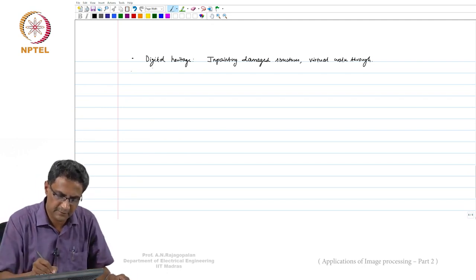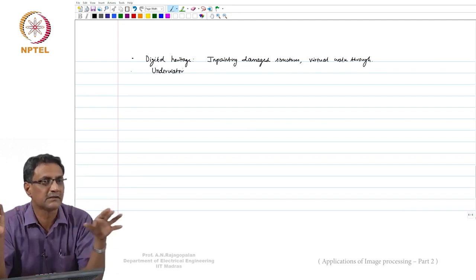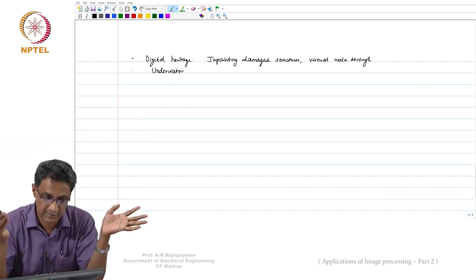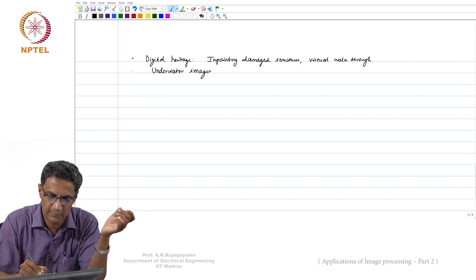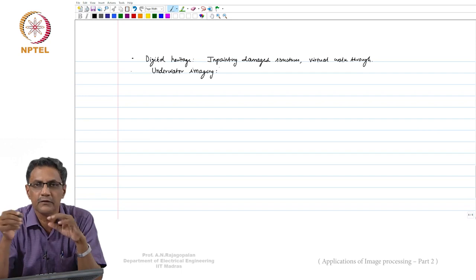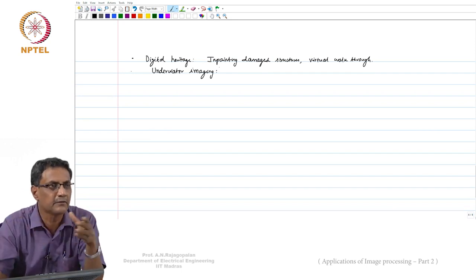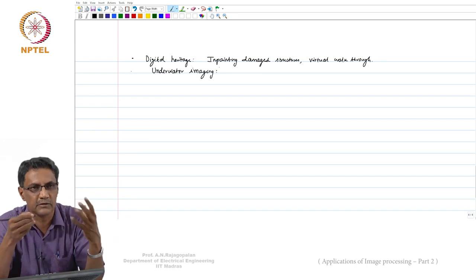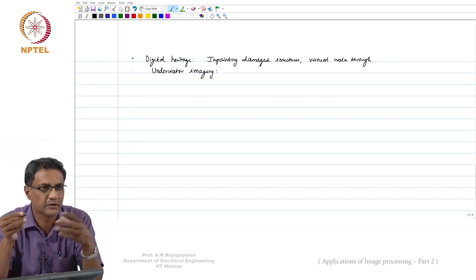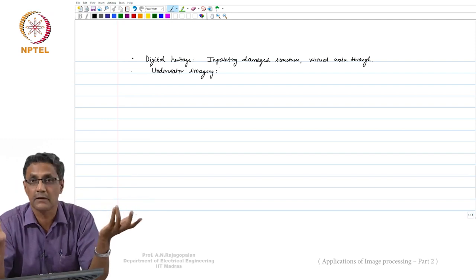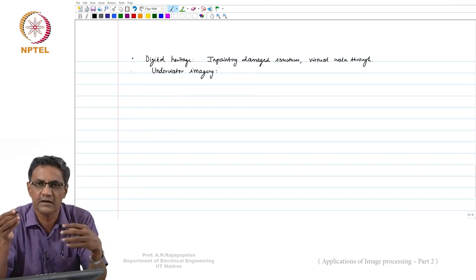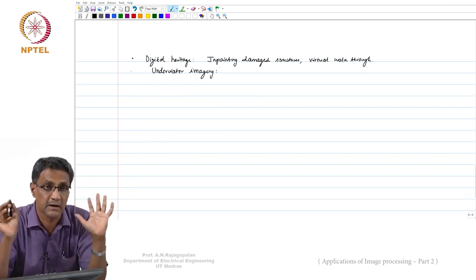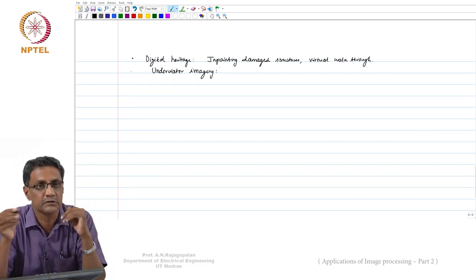I'll show you a few examples of this, and then something else that is underwater. All that I said until now is all on the surface. You have a camera on the surface, you're capturing everything on the surface, but what about everything underwater? There's a whole area called underwater imaging, and none of your algorithms that you've done for surface things can simply be applied underwater, because underwater, the way the attenuation happens is a function of the wavelength. Red is the one which will get attenuated the most. So when you see an underwater picture, you'll typically see a bluish tinge, a greenish tinge. Seldom will you see a reddish tinge, simply because it's all a function of the wavelength.